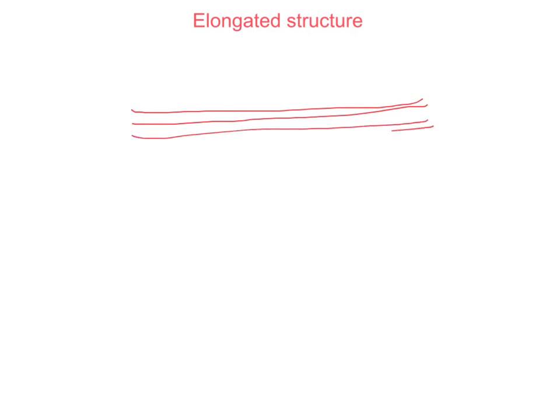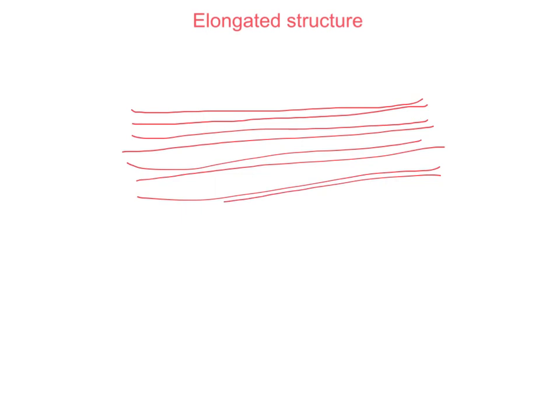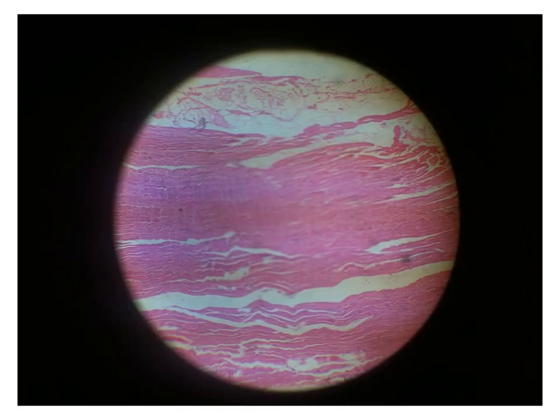Now we will move to another group formed of only one slide, which is the elongated structures. These elongated structures are only one slide, which is the LS in the skeletal muscle fibers. The muscle fibers appear as parallel ribbons, and they are red in color. So in this picture we have the parallel